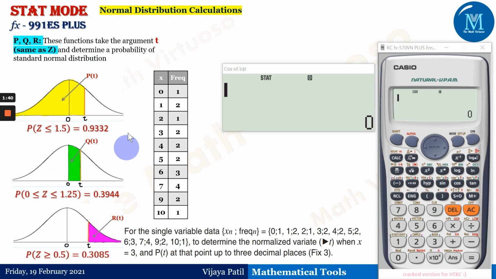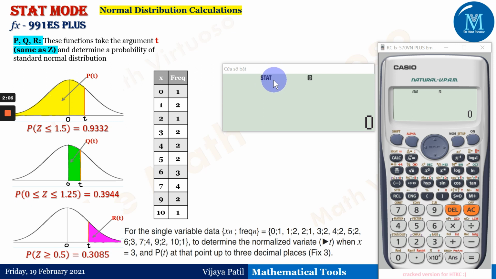Now let us take these examples. I have purposely taken these examples along with the answers so that we can cross check whether you are getting similar answers. First of all, this has to be in STAT mode. If you'll observe, this STAT word has come here, that means the calculator is already in STAT mode. How to bring the calculator into STAT mode? You can take it from the mode button over here. Already the STAT mode has been discussed.